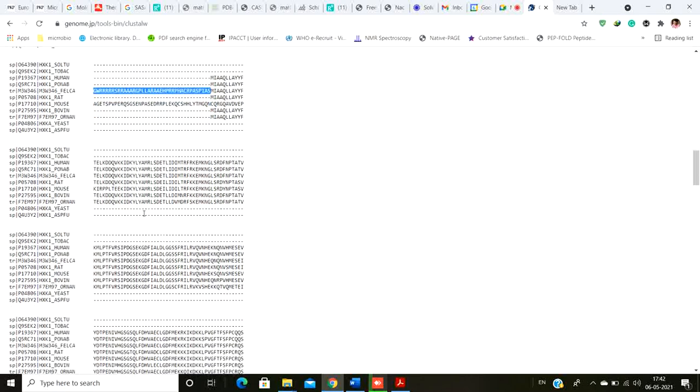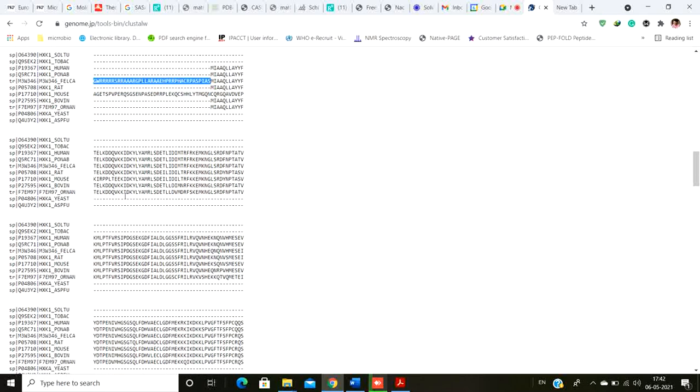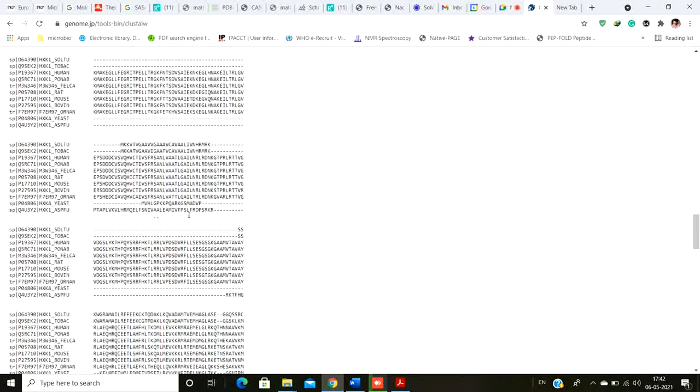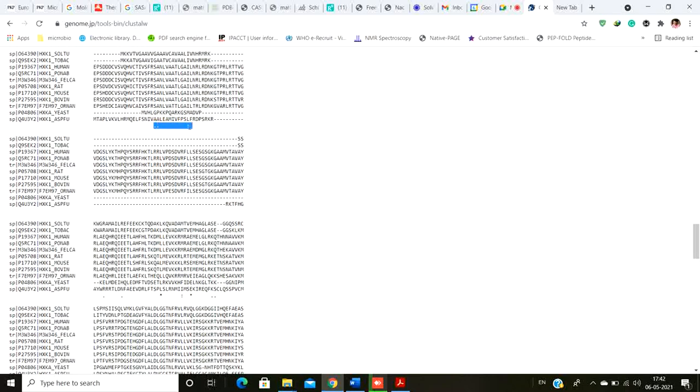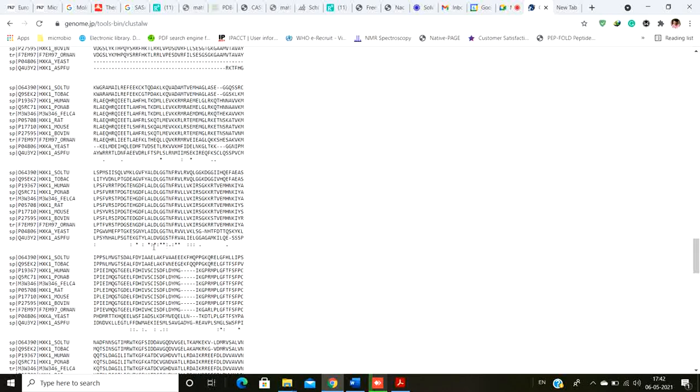Okay, and similarly if you go down, you can see that these are the kind of sequence similarities. Now if you go down, you're going to come across several symbols like two colons, the dash, the stars. What are these? When you have the star, this is the conserved domain. Conserved domain means, when you have a star, every amino acid here is similar. They are leucine. So leucine is present in every species at the exact same location. So that is a highly conserved region.